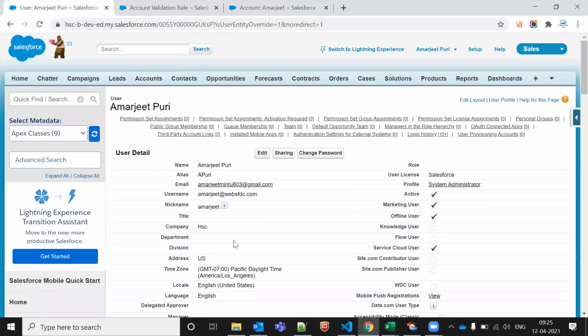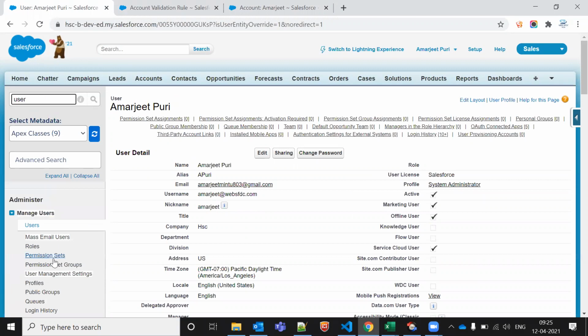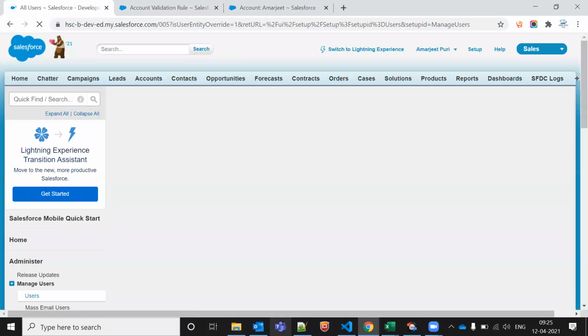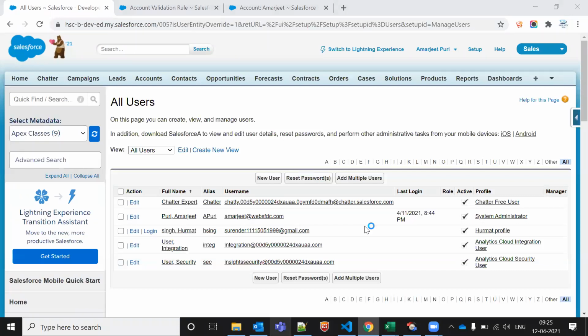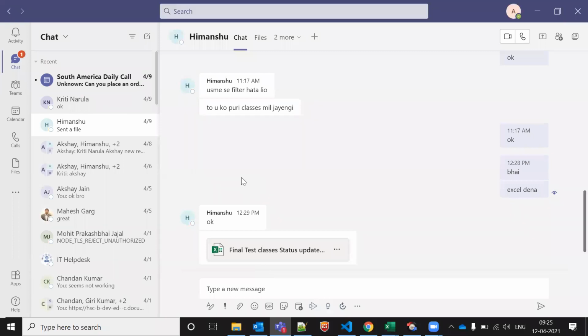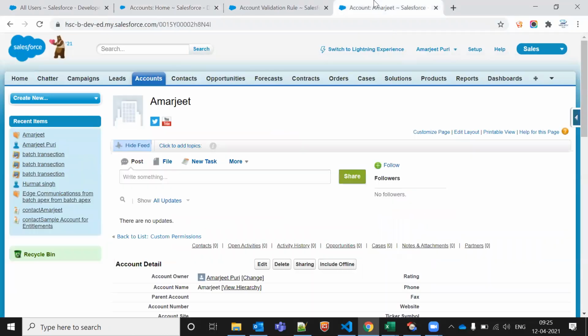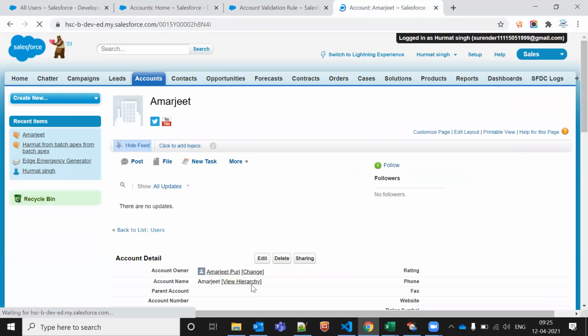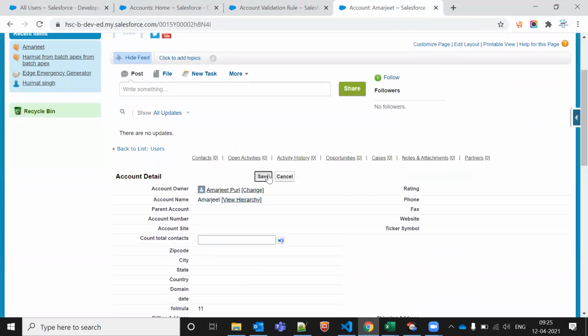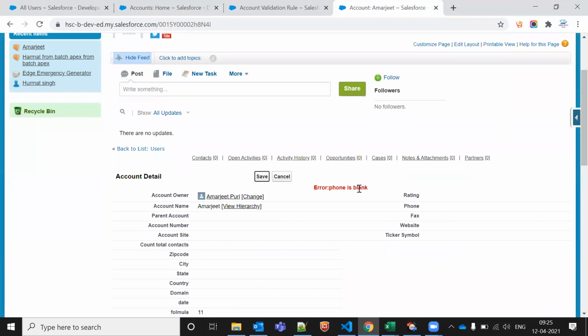Let me refresh this. Showing phone is blank, right?